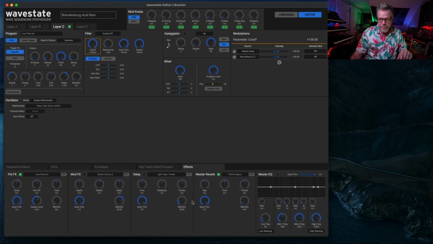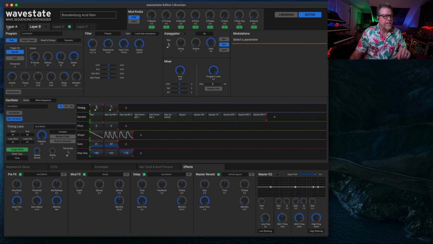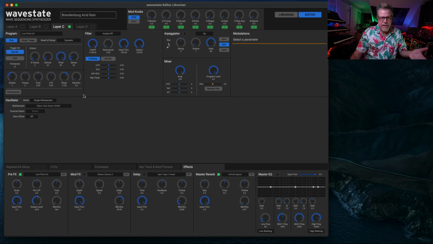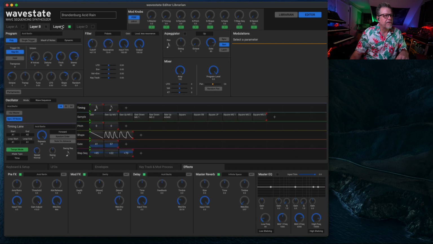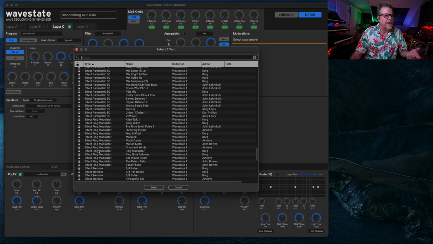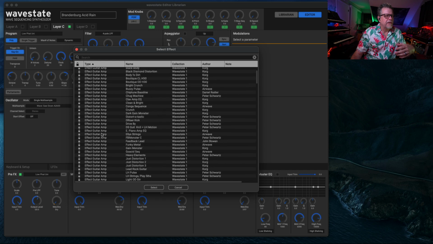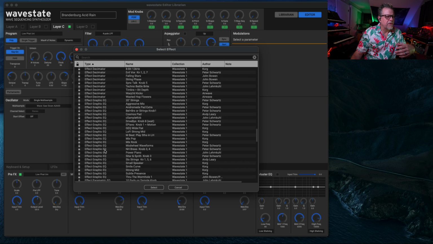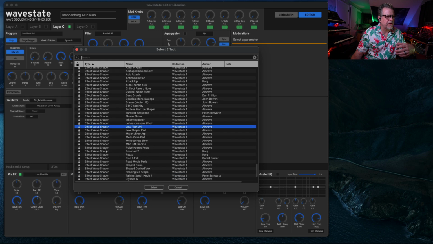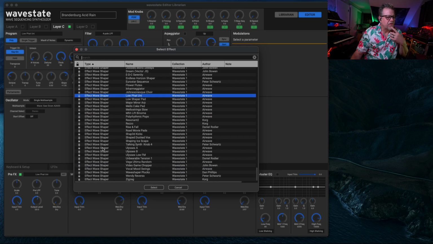There are effects, and the way to think of this is the first 3 effects, pre-effects, mod effects, and delay, those are independent and separate per each of the layers. So layer C can have its own pre-effect, mod effect, and delay settings. They all share the same common master reverb. So each of these layers, when you get to the pre-effects, this is where you're going to find guitar amplifier, there's decimator, graphic EQ, compressor, even the shaper, which can do